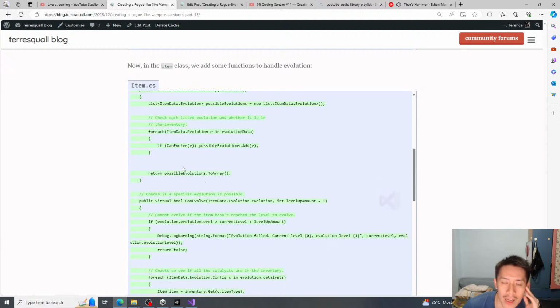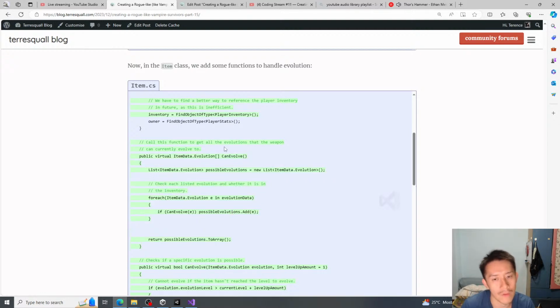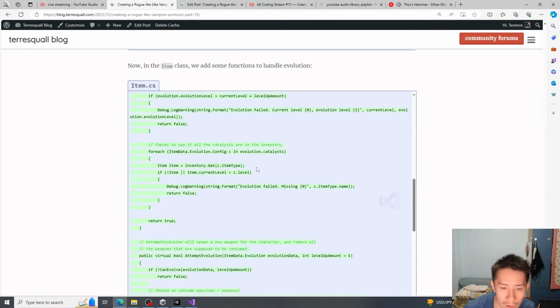Okay, so there are 2 can evolve functions. One of it checks if a specific item is able to evolve. This one just checks your whole inventory. Okay, so there are 2 functions over here, and if you notice, for the can evolve that doesn't take any arguments, it actually goes through all the items and it individually calls the can evolve with the item inside. Okay, so you have 2 evolution checking functions, and then after that you also have